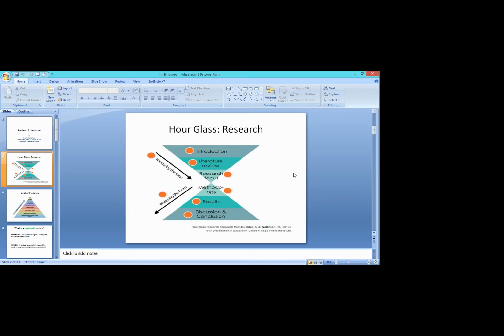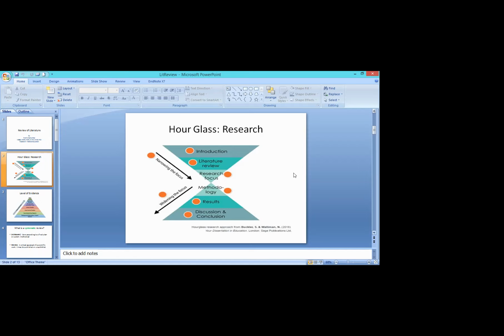And what is literature review? It is whatever you have read over time. Now you have to write it and comment on it, or critique it, or do a critical appraisal of this reading or the literature that was available to you, and start writing about it. And this is called literature review. That is your understanding and your comments about it, and how you express it in written form.